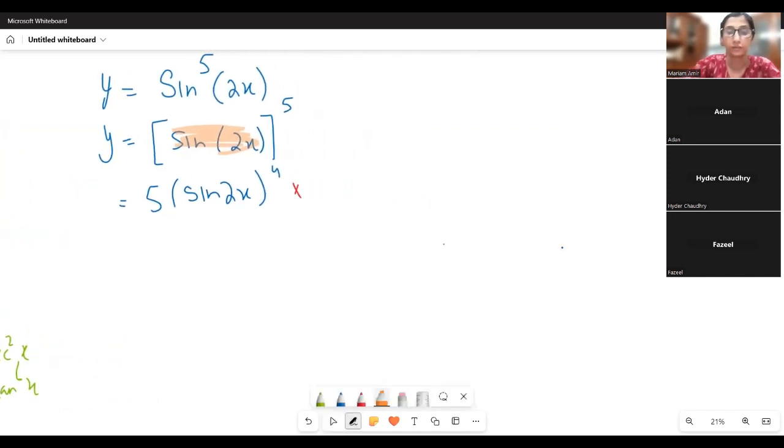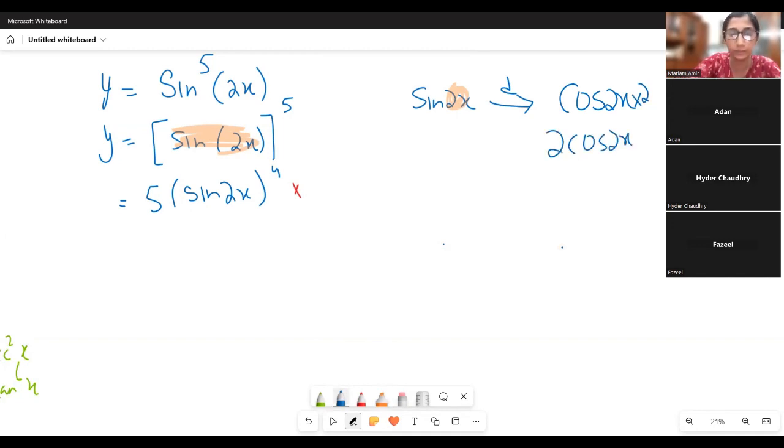The derivative of sine x is just cos x, but this is cos 2x. And then you have to multiply the derivative of 2x again, which is times 2. So the derivative is 2 cos 2x. So we must multiply with 2 cos 2x,